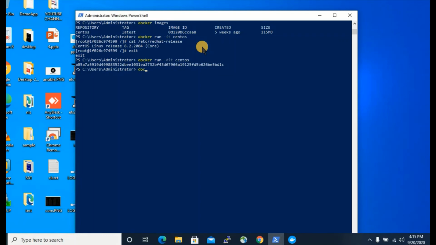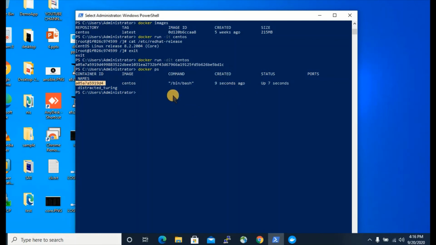With docker ps, we'll see it is running perfectly. It was created 9 seconds ago and is up for 7 seconds. If you want to find the details, use docker inspect, and copy the ID.